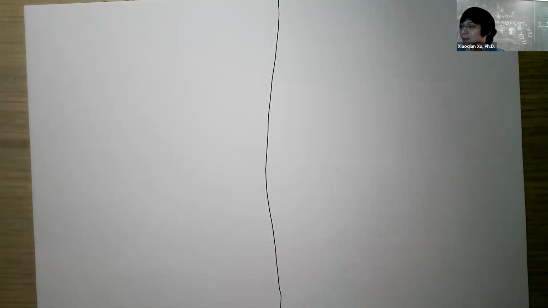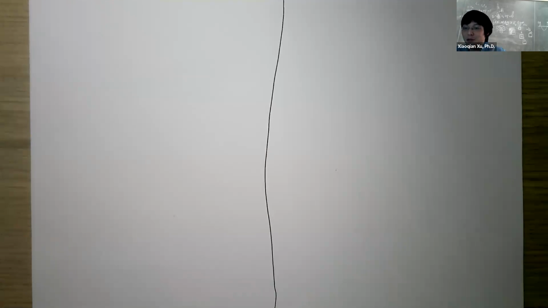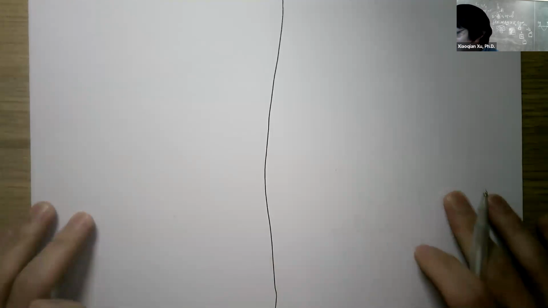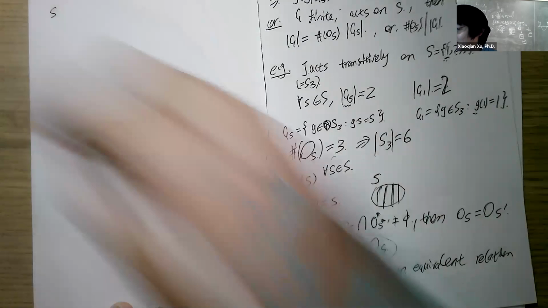Because it's just something like the curve of the solution, so that you can see that you can travel from one point to another point, and everything is just on the orbit. It's really the orbit. Here, everything is discrete. Yeah, and the orbits cannot overlap. Otherwise, it will be a contradiction. And since we know that S is equal to the disjoint union of your O_s,